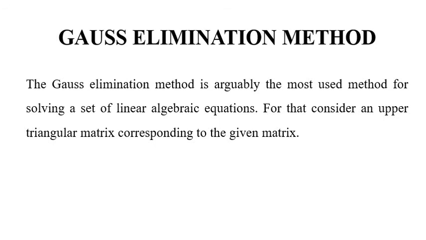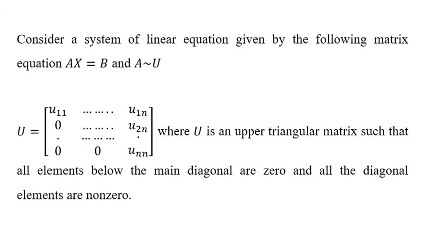Next topic is Gauss elimination method. It's a very important elimination method to solve a system of equations. So it is a very useful method to solve linear algebraic equations. Here the idea is to convert a given system of equations into a matrix equation of the form Ax equal to b. Whenever we have a matrix equation of the form Ax equal to b, we can convert that into an augmented matrix of the form matrix A b.